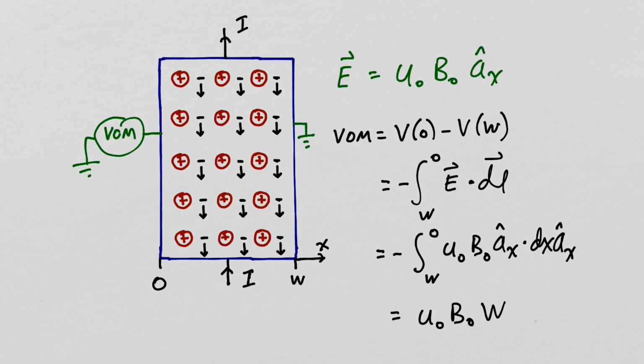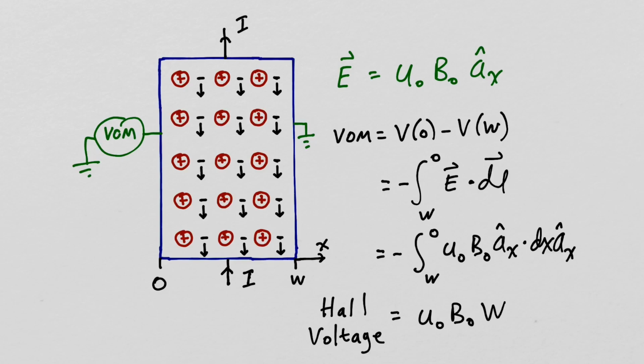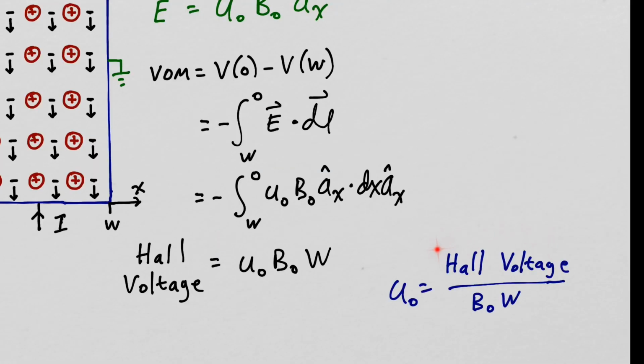We know the width of our gold conductor. We're applying the magnetic field, so we know the value of our magnetic flux density field, and we're measuring the Hall voltage. So the only unknown in this equation is the velocity of the mobile electrons, so we can determine that velocity. So from our measured Hall voltage, we divide by our applied magnetic field and the width of our gold sample, and we get the drift velocity of our conduction electrons. And knowing this drift velocity will now allow us to determine the density of the conduction electrons in our gold sample.